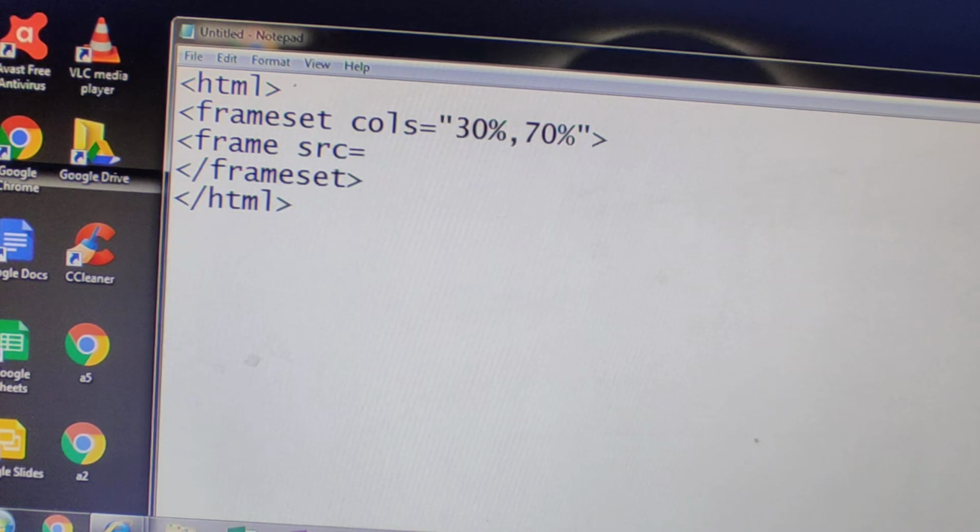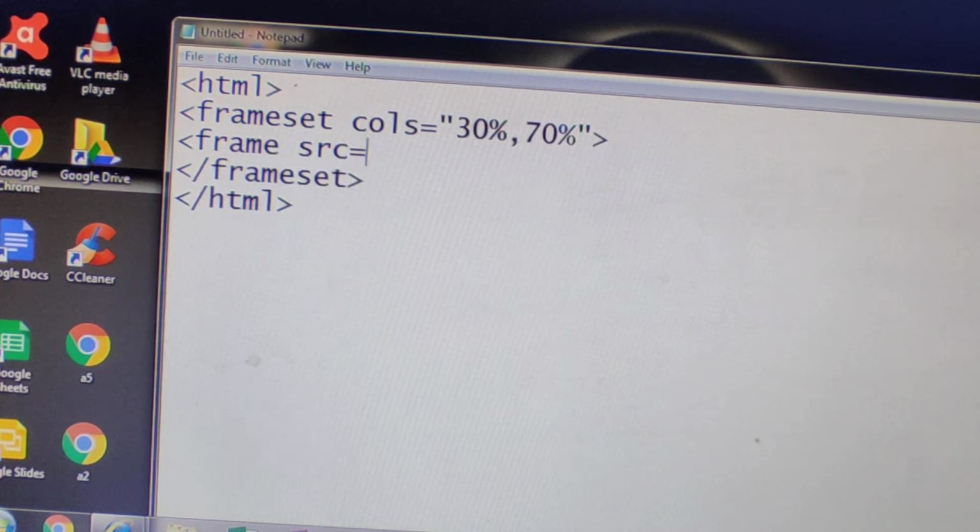What is the source actually? As I have already given 30% and 70% sizes for the windows, in the left 30% window, which is the first window, what do you want to execute? In the 70% window, what do you want to execute? I want to execute an HTML program. So which HTML program do you want to execute? That information we are giving here.